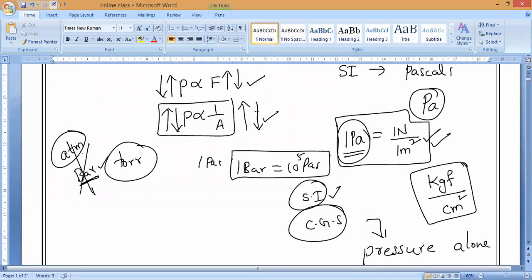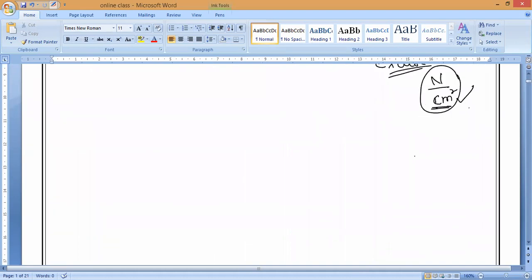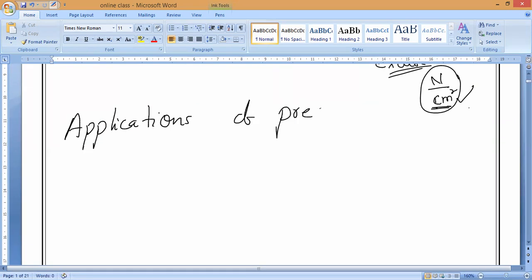Pascals, and 1 Pascal is equal to 1 Newton per 1 square meter. Okay, guys, that is what you have to remember. Now, in today's class, before going to study fluid pressure, where we want to understand pressure in fluids, we will study the applications of pressure. Is it okay, guys? Everybody? So please keep the heading: applications of pressure. Shall we start now? Let us start with the first one.